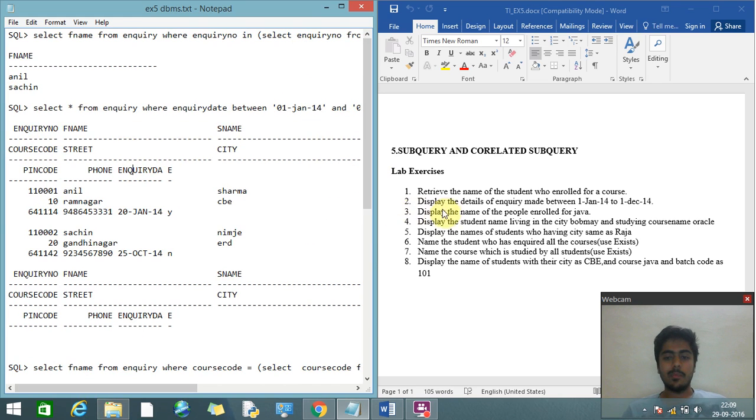Now the third instruction is to display the names of the people enrolled for Java.